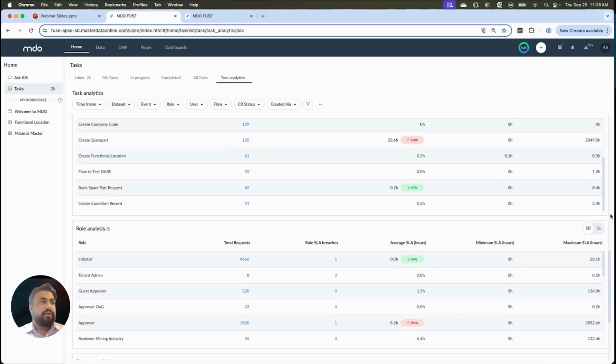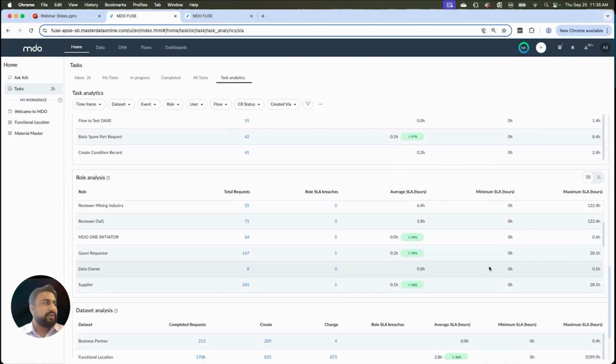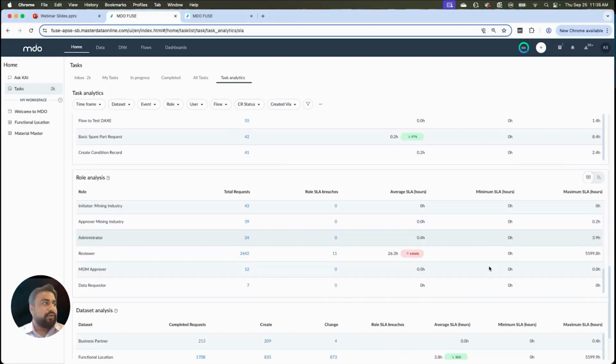And then we can get into the role level analysis as well, to identify how many requests are coming for a specific role, whether the SLAs are improving, or whether there are some challenges in the overall process. Like the reviewer, we saw earlier, has the maximum number of tasks assigned to them, and their average SLA has started increasing.